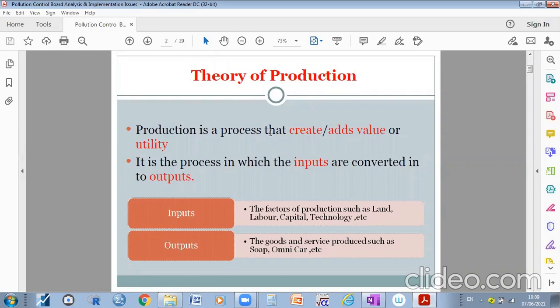For example, when you consume some commodity, you measure that utility, as we discussed in the law of marginal utility and other theories, like the law of diminishing utility. When you consume some chocolates or ice cream, what do you get? You get some utility, or some satisfaction. Am I right? Hello?